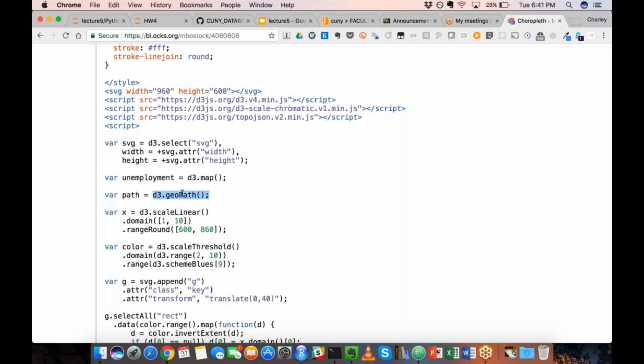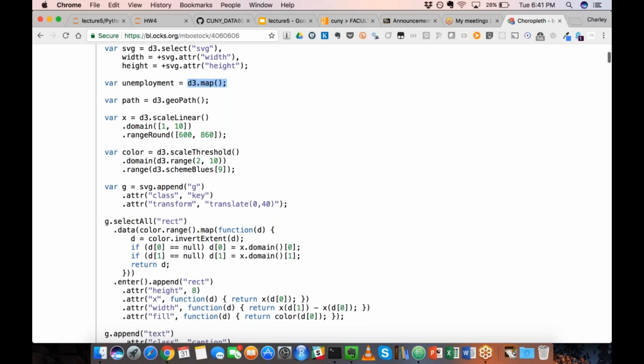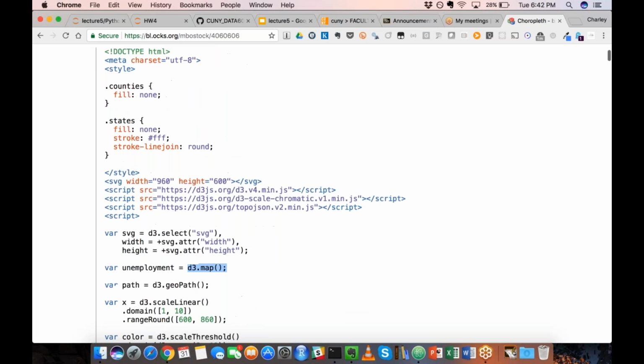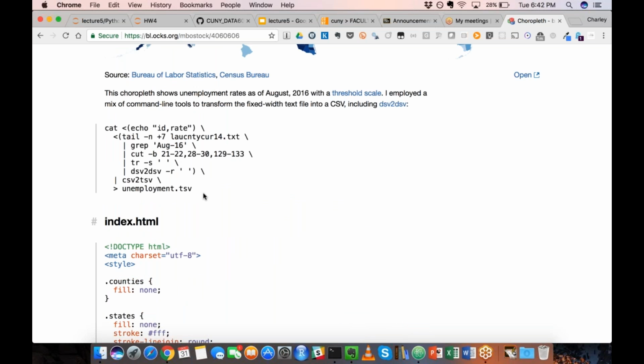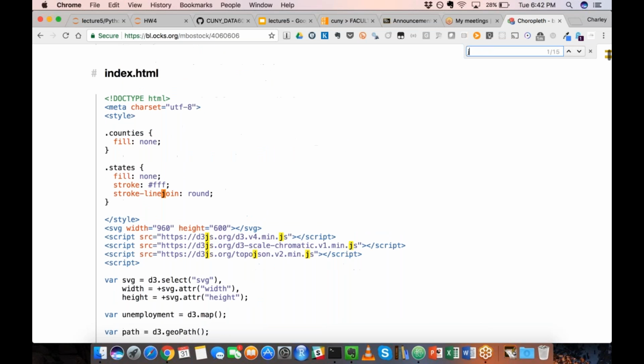You're essentially adding, in this case, geopath, and things like map. But really, it's drawing this from almost base level concepts. It has a TSV here, and there should be a